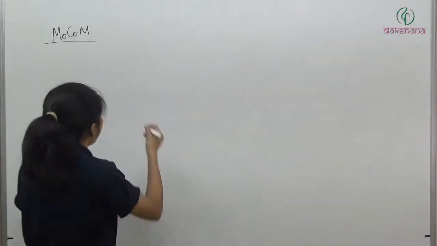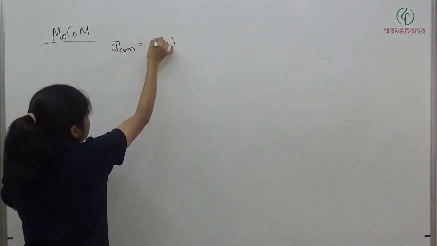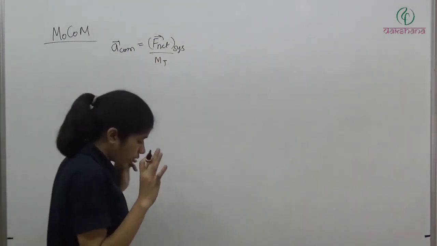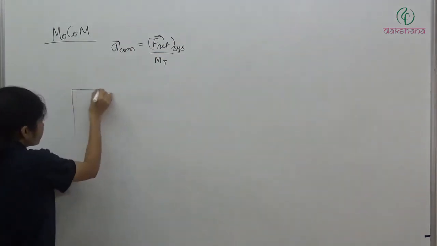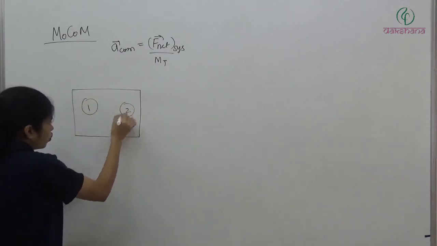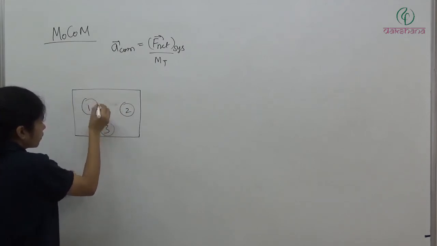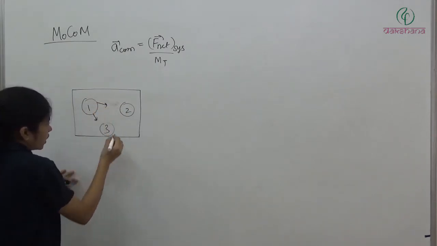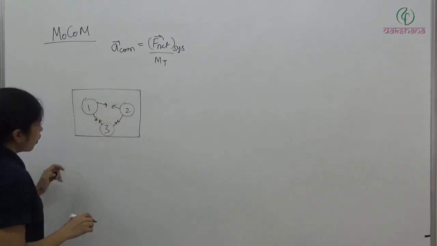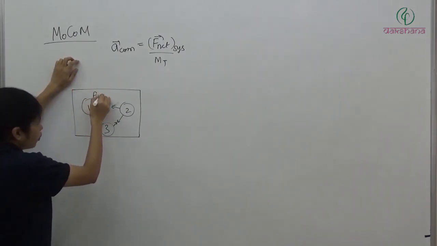So now I told you that A of center of mass is equal to F net on the system divided by the total mass of the system. इस चीज को हम और अच्छे से समझते हैं. So now here we have three particles, 1, 2 and 3. There are two forces on particle 1, because of 2 and because of 3, on particle 2 because of 3 and because of 1, and on particle 3 because of 1 and because of 2. Clear? So on the first particle we are naming the forces like this: